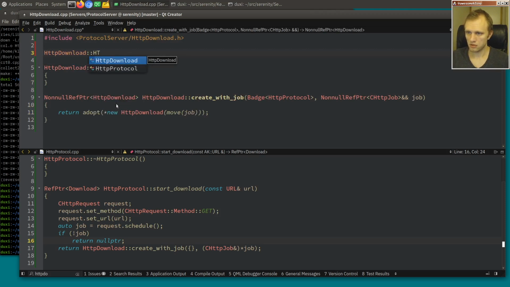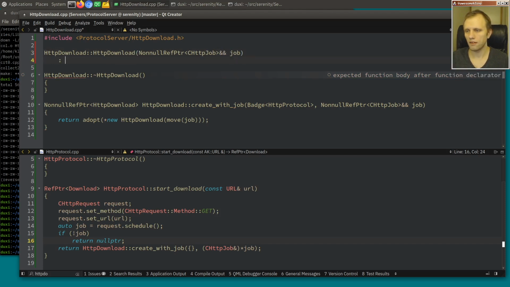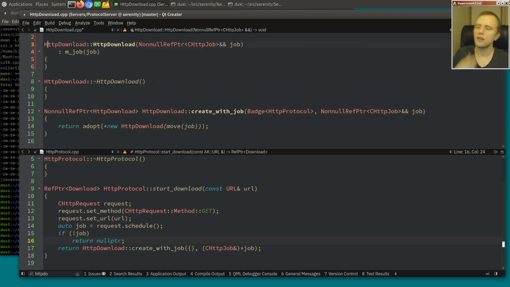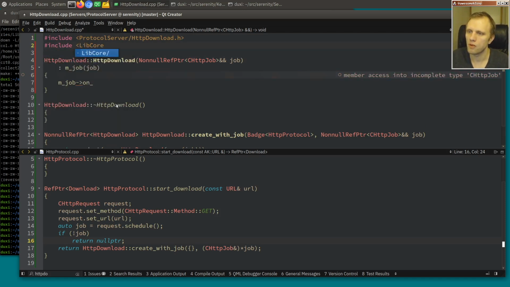So HTTP download, non-null ref pointer to CHTTP job, mJob. And we are going to have to set up some kind of a callback on this job. So on finish,